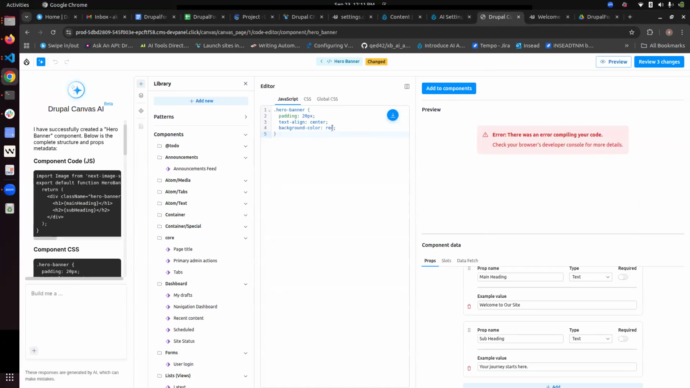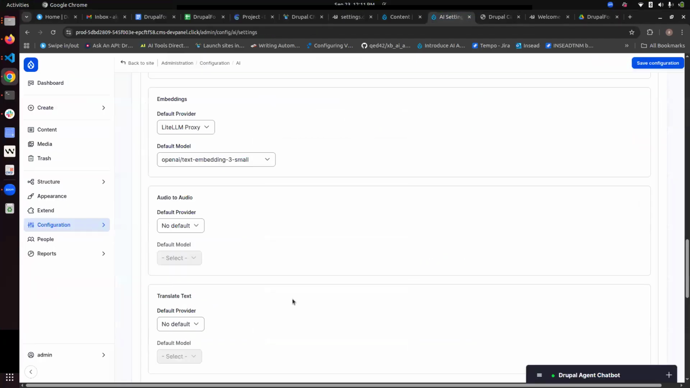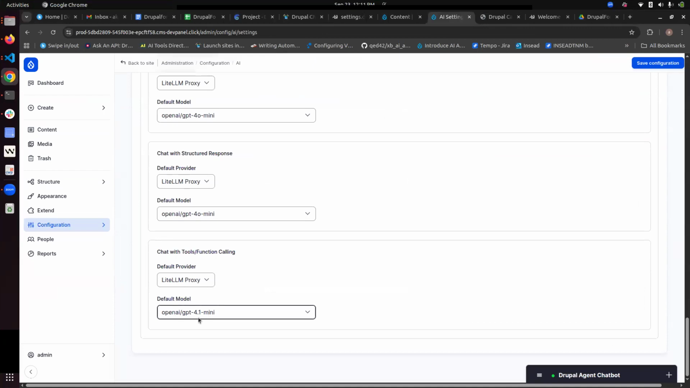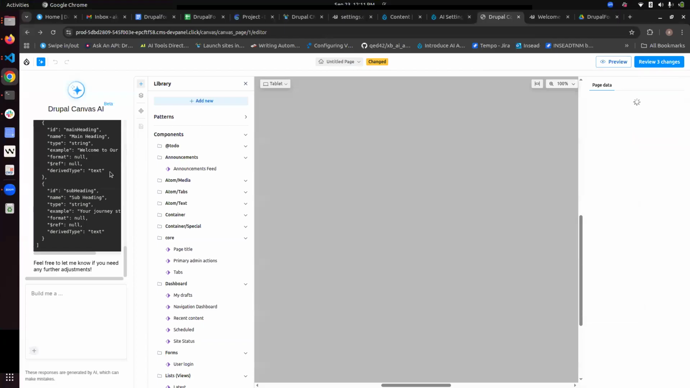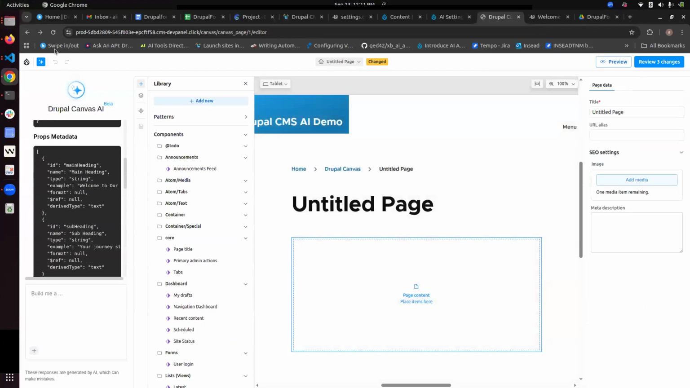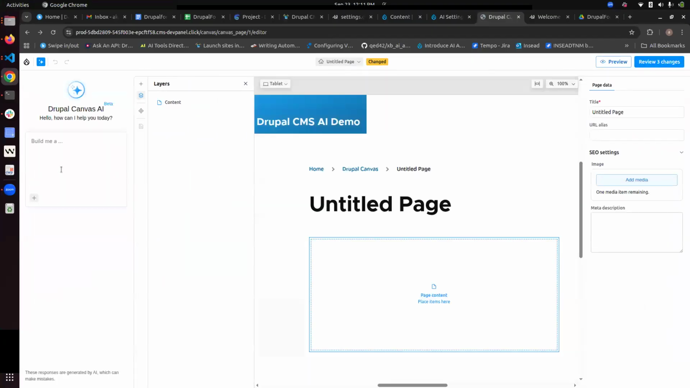So here it made a mistake. What I have done is I have changed the model to GPT 4.1 mini. Previously it was using 4 mini. So let's try this same again. I will just reload the page to clear history, and I'll ask it to create a modern call to action banner